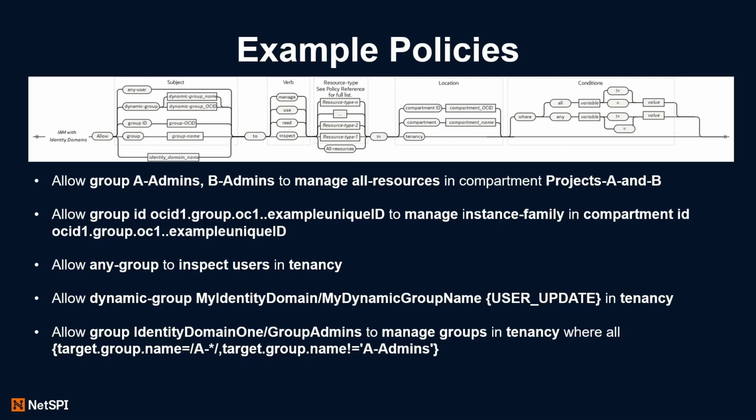You can see at the top that large workflow. Things can get very complicated very, very fast. This is just one statement type. This graph is just for allow statements with identity domains. But technically, you can have allow statements without identity domains, and then you can also have admit statements, endorse statements, define statements, and deny statements. They all have their own workflows, and trying to handle all of this is a lot more difficult, in my opinion, than AWS or GCP, where it's very serializable and you can just parse it all. Here, it's a lot of sentence structures that makes it hard to handle.